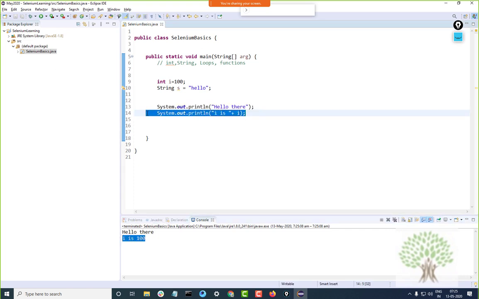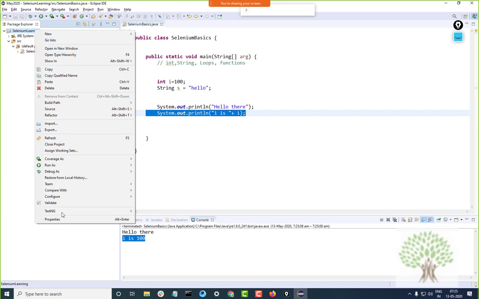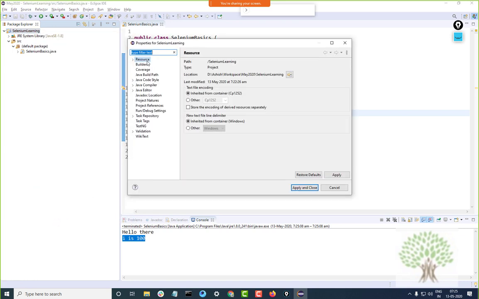Now in Java there is a concept of a class file. If I right click on this project, I will get a lot of options. We will be using these options in the training. One of the options is Properties. Under Resource, you will find the folder path where your project is lying.